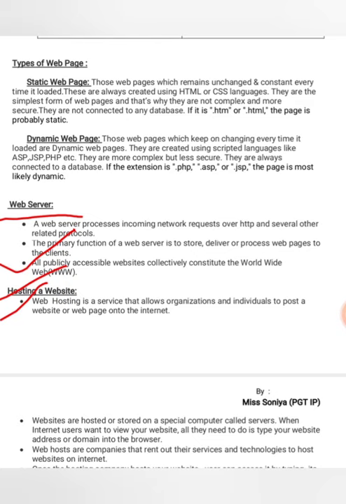How it works is, we need to ask for space on the internet from the organization which works for hosting. We need to pay them to get the space to be hosted, which is known as a domain space or domain we need to hire. And then, when we get a particular domain, we will host our website on that. So web hosts are the companies that rent out their services and technology to host websites on the internet.